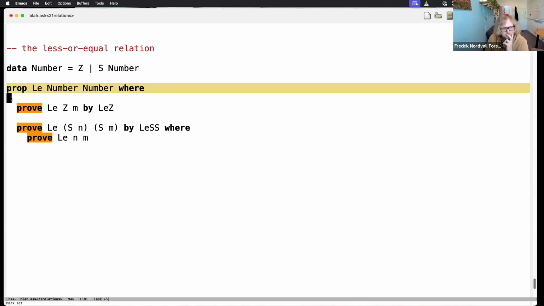And the other rule says if you've got two big numbers and you want to prove one is less than or equal to the other, then throw a spud away from each side and keep going. So to prove that successor of n is less than or equal to successor of m, then prove that n is less than or equal to m. Those are the only two rules for proving that one number is less than or equal to another one. If you're wondering why I have n on the left and m on the right, it's because n has 2 sticks and m has 3.